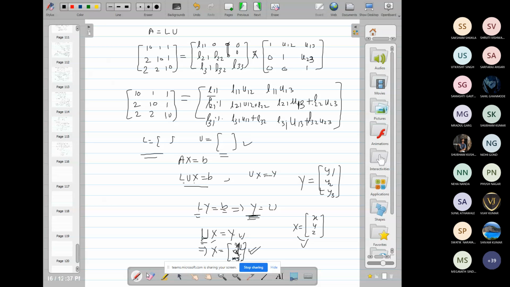Now what to do here: two matrices will be equal if each element is equal, equate each element and solve this system of equations for Lij and Uij, and then completely determine L and U, and after determining, you need to put L in this equation, then we obtain Y, the intermediate vector introduced by us, UX is equal to Y. So after determining Y, substitute the value of U and Y here, then we obtain X, the value of X. X is the required solution, x, y, z here.